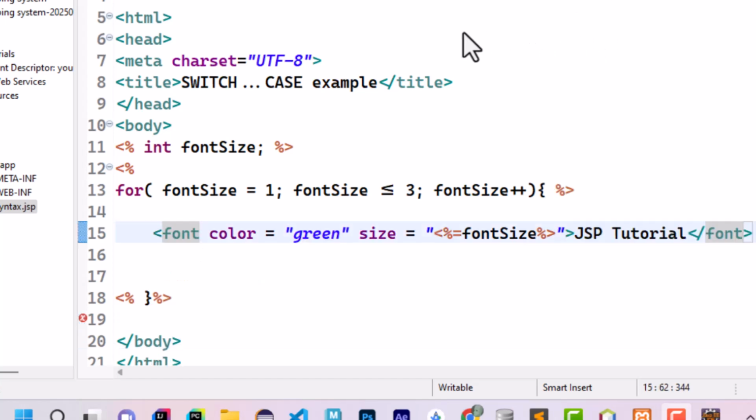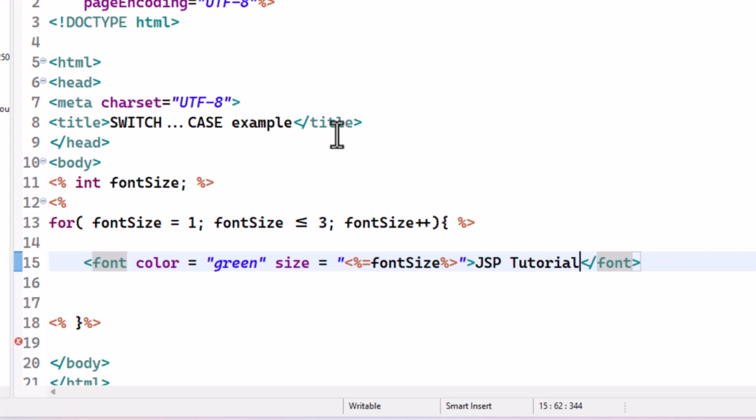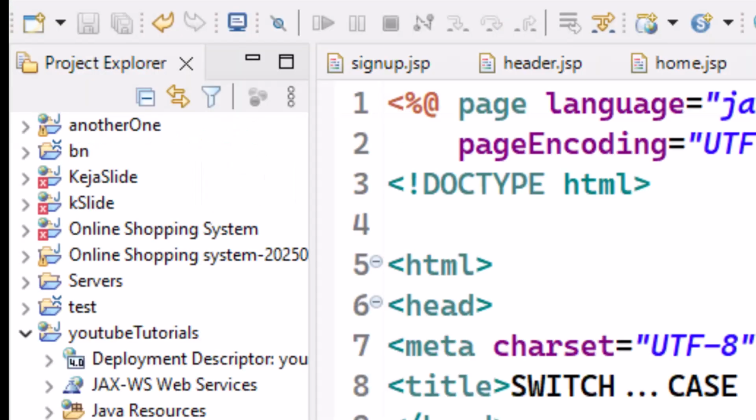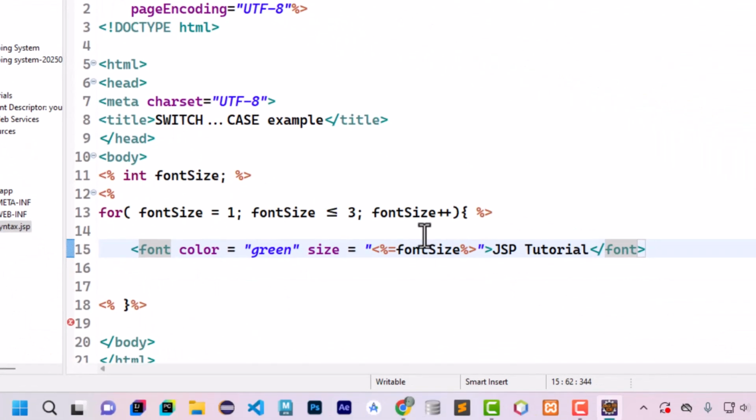So let's run this. I've just saved, so let me reload and see. There we go: JSP tutorial, JSP tutorial, JSP tutorial. You can see I've used a loop to go through this three times. It's checking the font size: as long as the font size is less than 3, continue looping, continue iterating until you finish. That's why we have JSP tutorial three times. So again, guys,